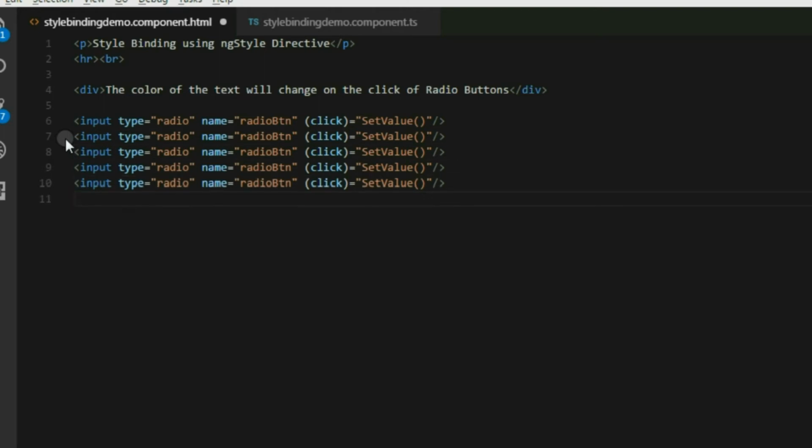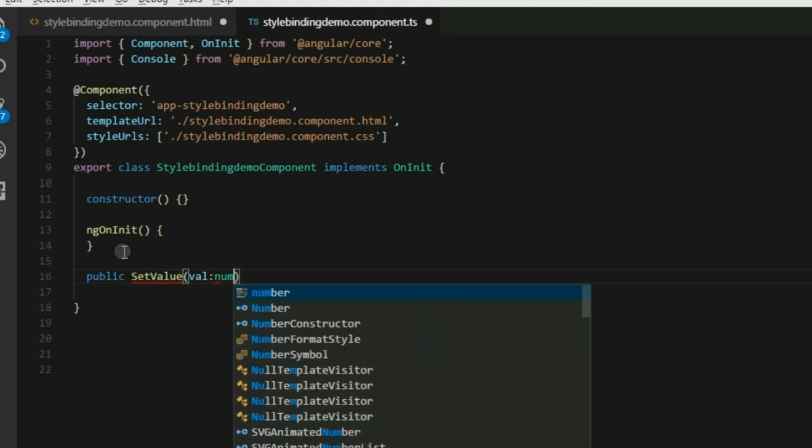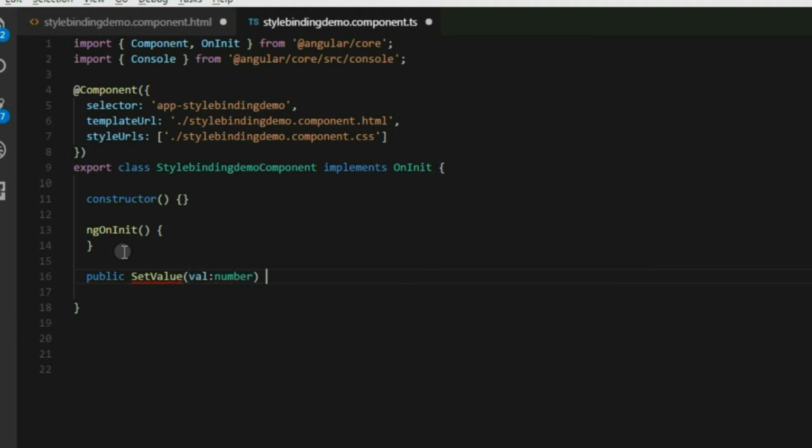Now we are going to copy paste this 4 more times, so that becomes 5. Now we are going to put parameters, so 1, 2, 3, 4, 5. On the basis of these 5 parameters, we'll set the value of the color. So we'll code this function in the TypeScript file, public set value, and then we'll pass the parameter val of type number,